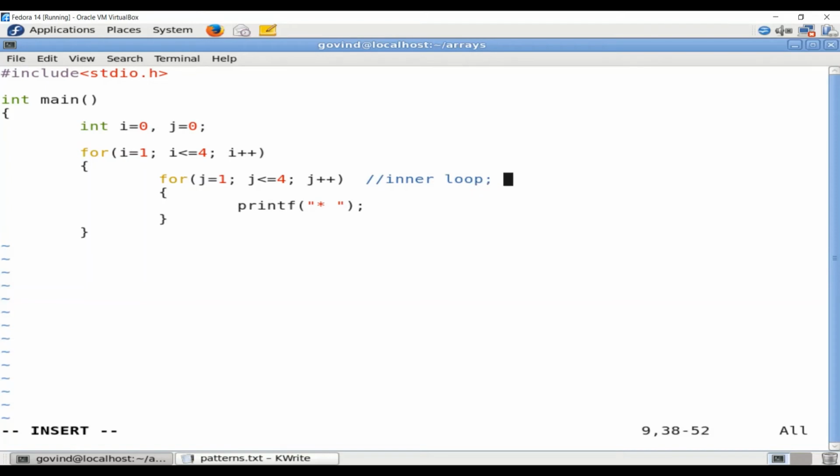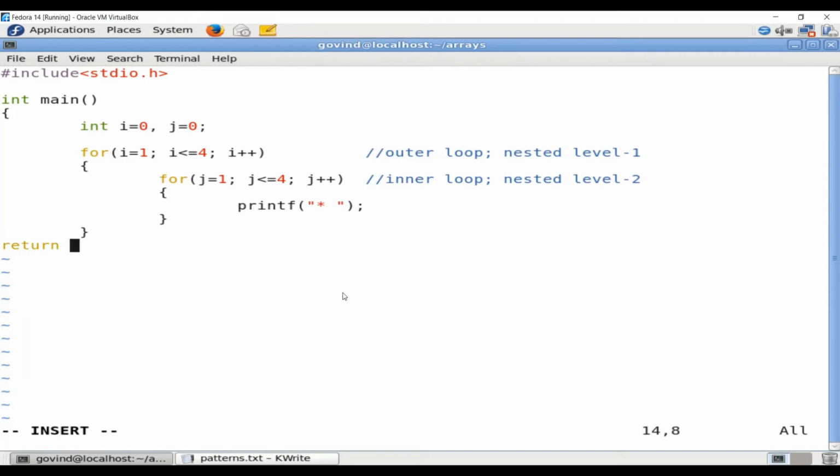Can you tell me at what level this inner loop is? Nested level. This is at nested level 2. This is referred to as the outer loop, and it is at nested level 1.